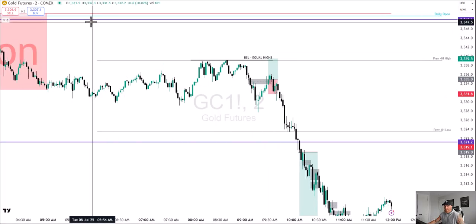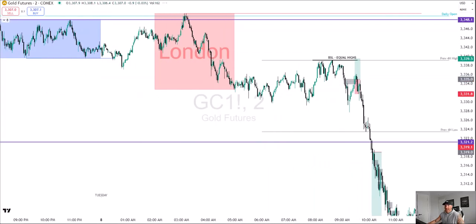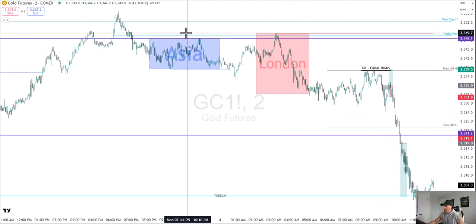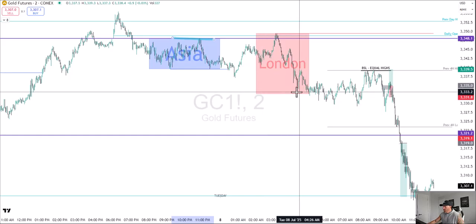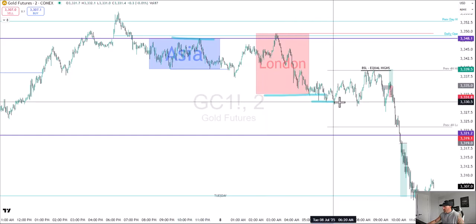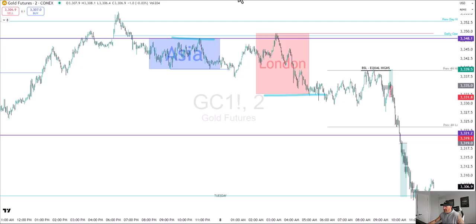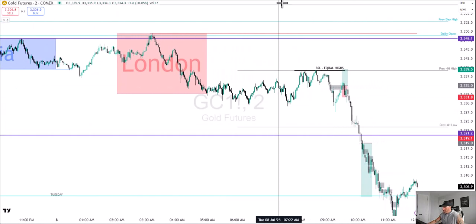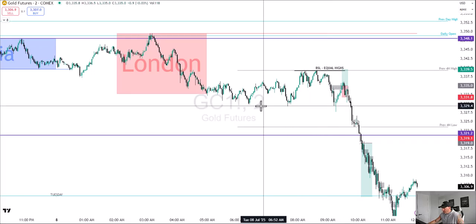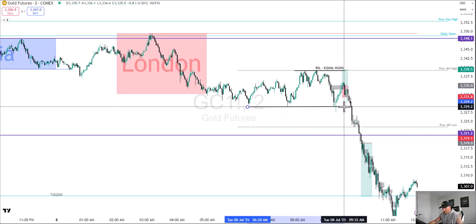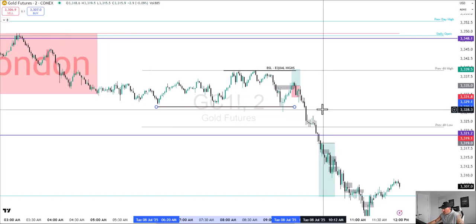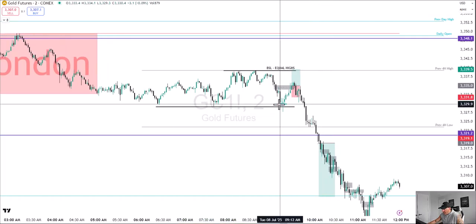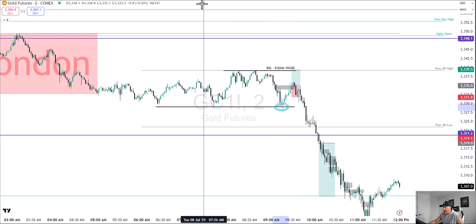We had some clear equal highs here, and if you look here, we had taken Asia high. Okay, so I noticed we had taken Asia high, right? And we had swept London low. So we had a liquidity sweep right there. So basically, this is just the liquidity sweep model, right? So we had another internal sweep right here. So I noticed we had swept this low, no close. We also have this little internal sweep that I always talk about, right? So we pushed down, swept those equal lows right there.